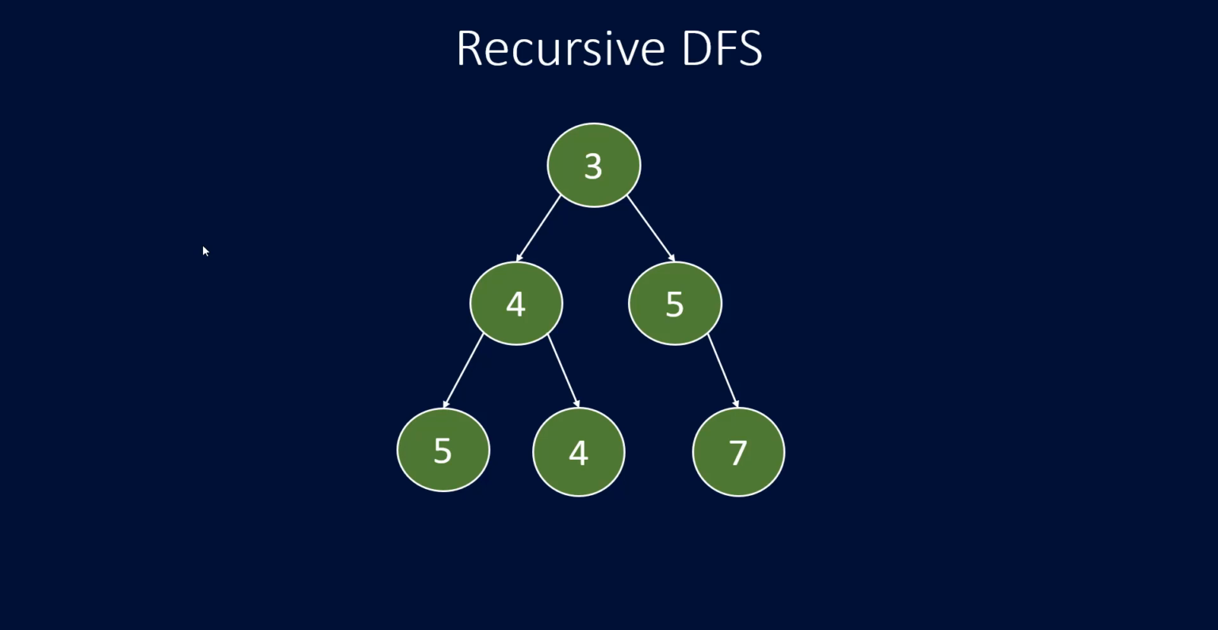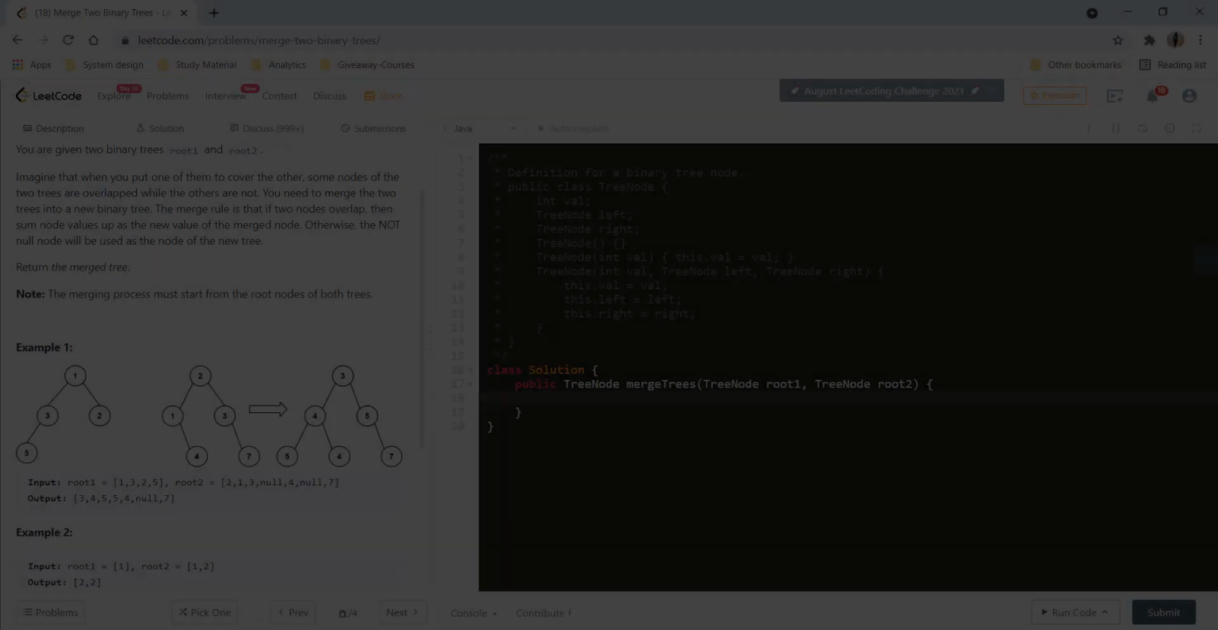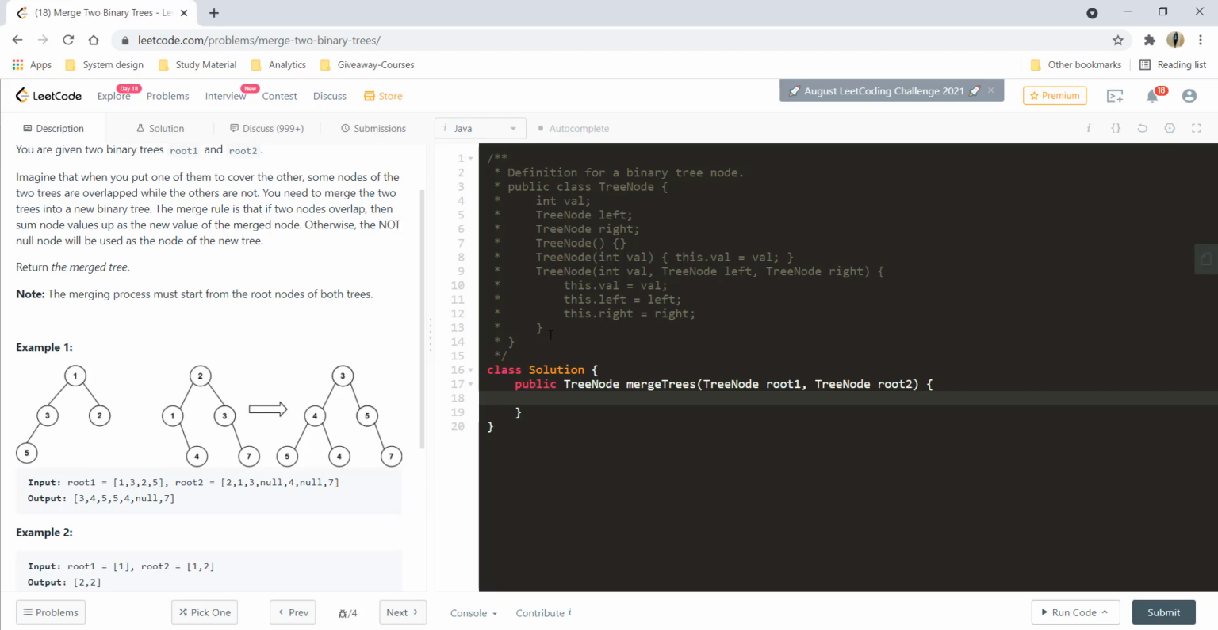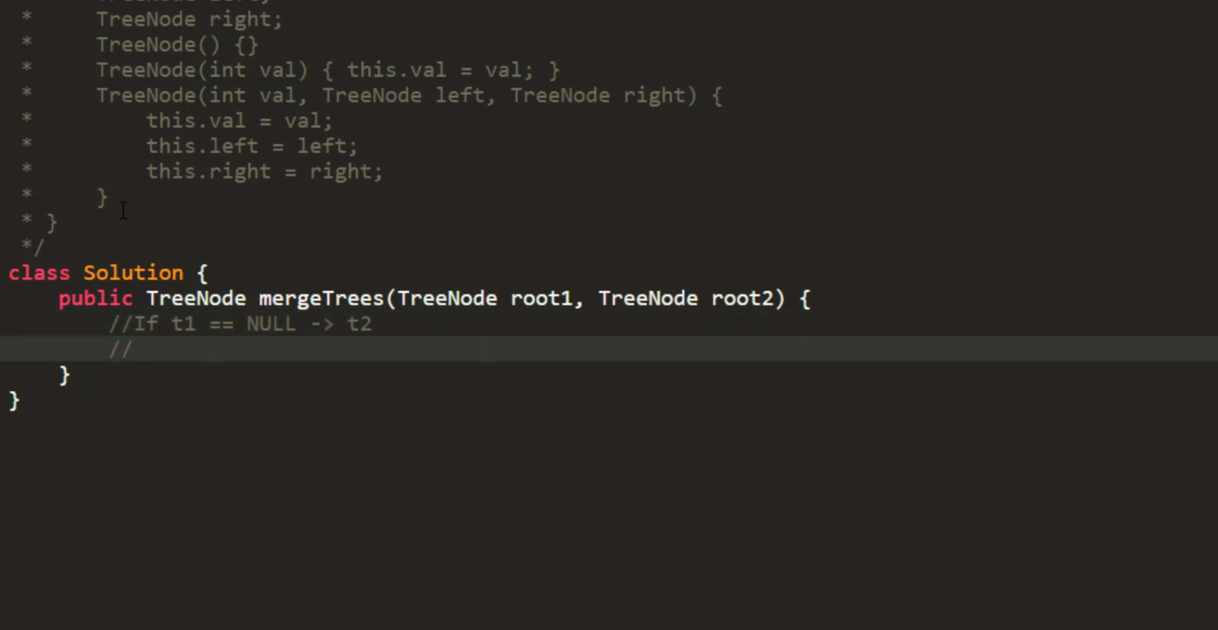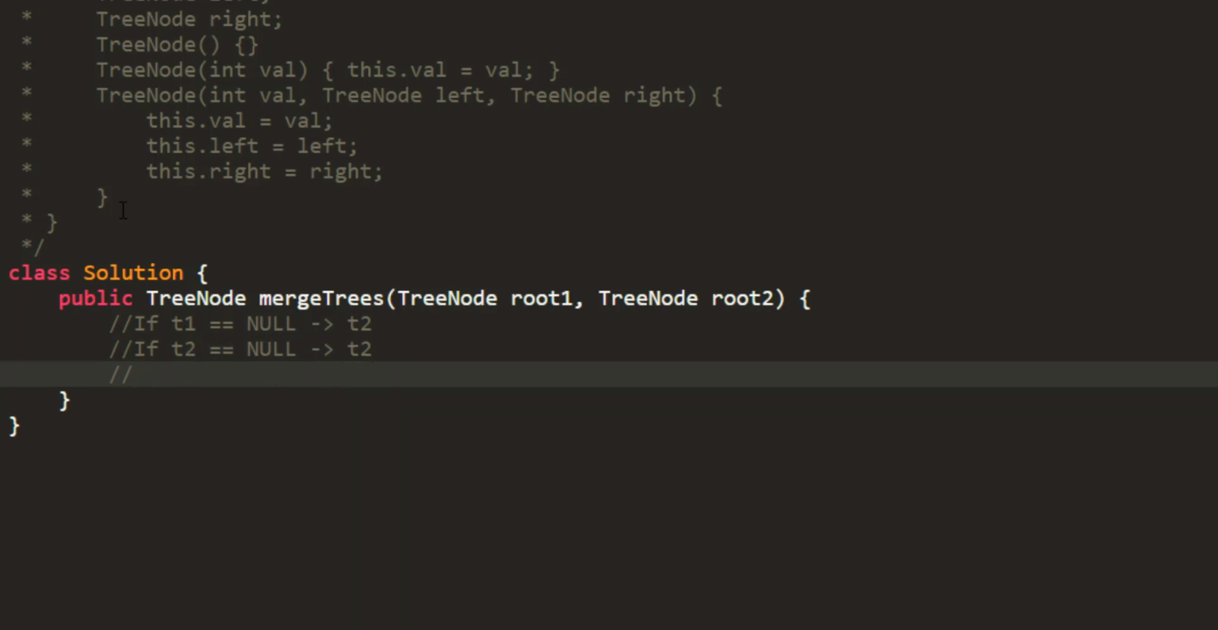So the solution here is very simple. That is, we are going to follow pre-order traversal, and we are going to follow the conditions to check whether we can sum up the node values or we need to take the nodes from either of the trees. So let's first write the code for this, and then we'll see the other approaches as well. Okay. So we have a few conditions. That is, if T1 is null, we need to consider T2. Similarly, if T2 is null, we consider T1. Otherwise, we do sum of